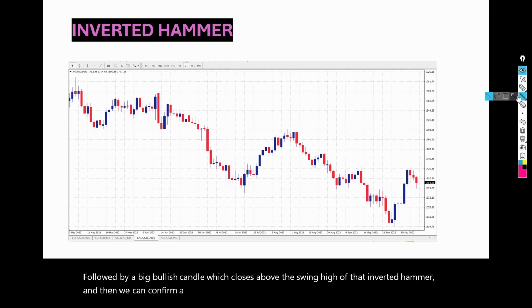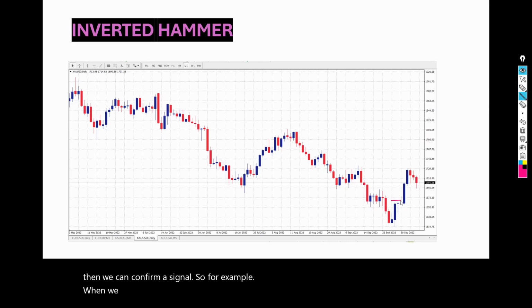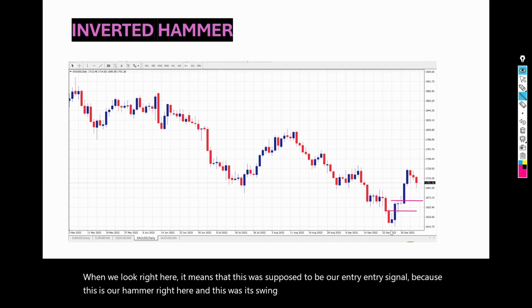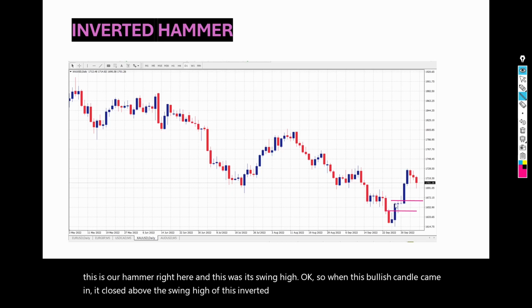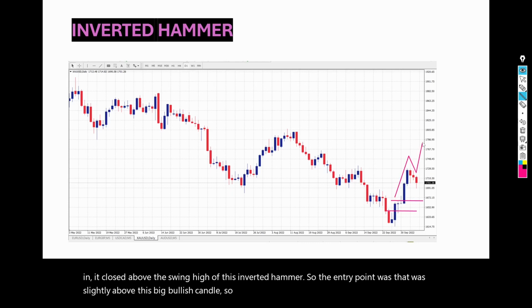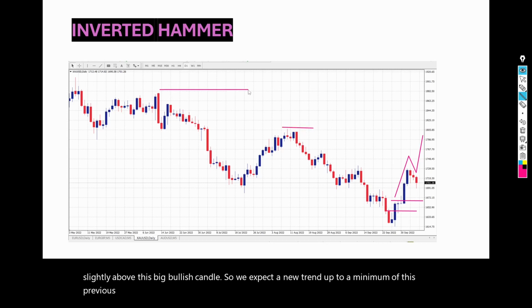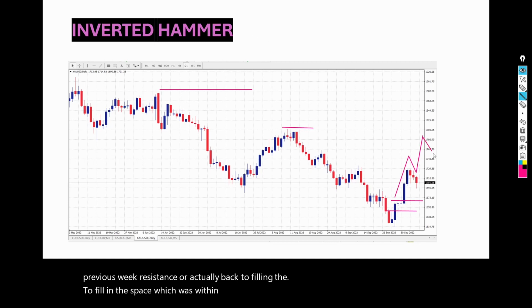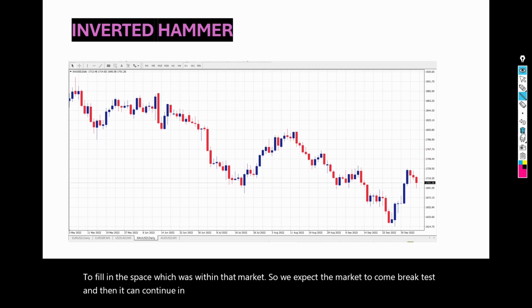So for example, when we look right here, it means that this was supposed to be our entry signal, because this is our hammer right here, and this was its swing high. Okay, so when this bullish candle came in, it closed above the swing high of this inverted hammer, so the entry point was slightly above this big bullish candle. So we expect a new trend up to a minimum of this previous weak resistance, or actually back to fill in the space which was within that market. So we expect the market to come, break, test, and then it can continue in that trend. Okay,